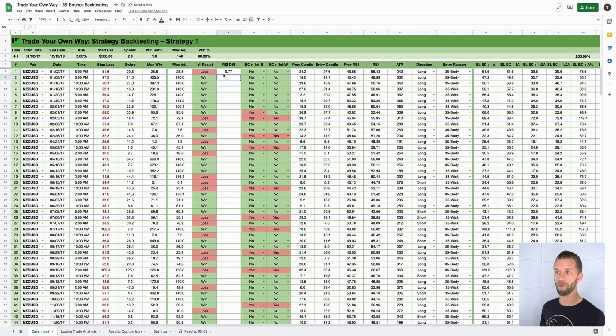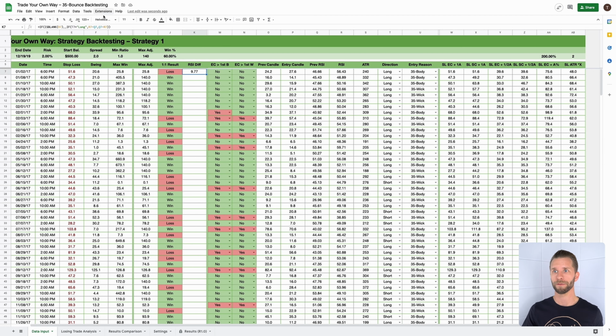It's asking us if we want to autofill, but I actually want to use an array formula. That way, if I ever need to update anything, I'm only dealing with one formula, not having to copy and paste it all the way down. Okay, so that looks like it works. So I'm going to copy this formula